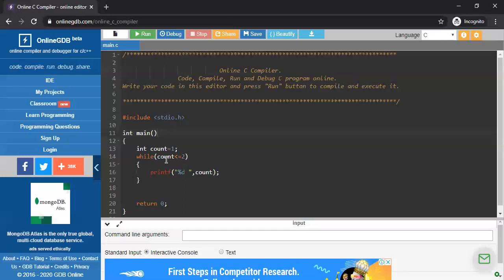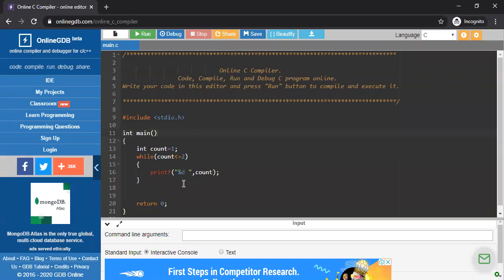That means there is no stop, end or conclusion in my while loop. That's why this loop is executed an infinite number of times, because there is no stopping statement. In the previous program, there was an increment or decrement operator.